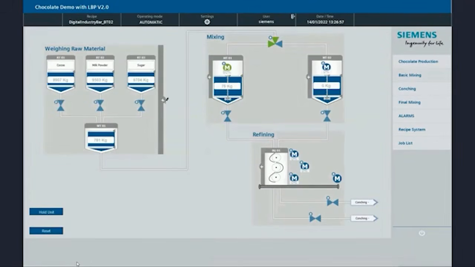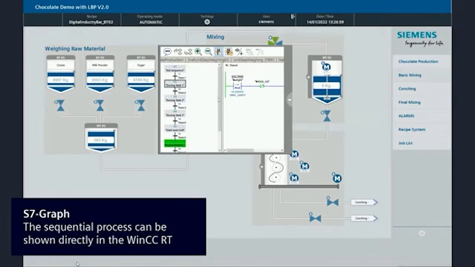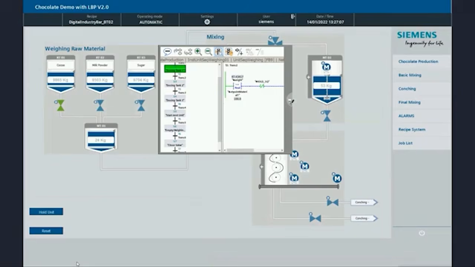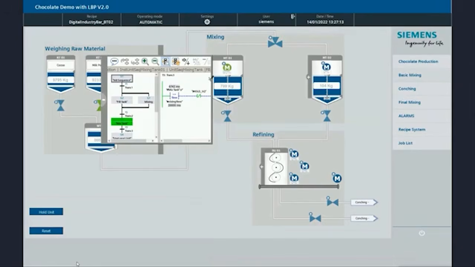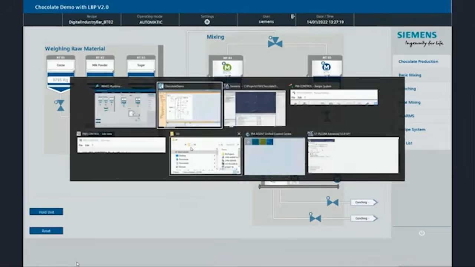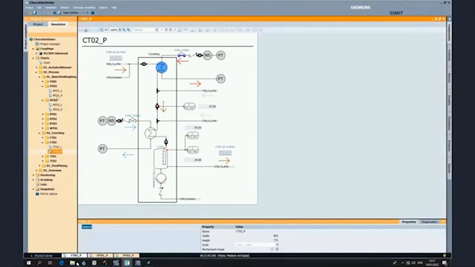Right now we're having a look into the basic mixing area, where we are dosing several batches for the final chocolate bar. Here we see the S7-Graph directly, so the operator has the ability to look inside which step the dosing process is in right now, so the operator can diagnose live.